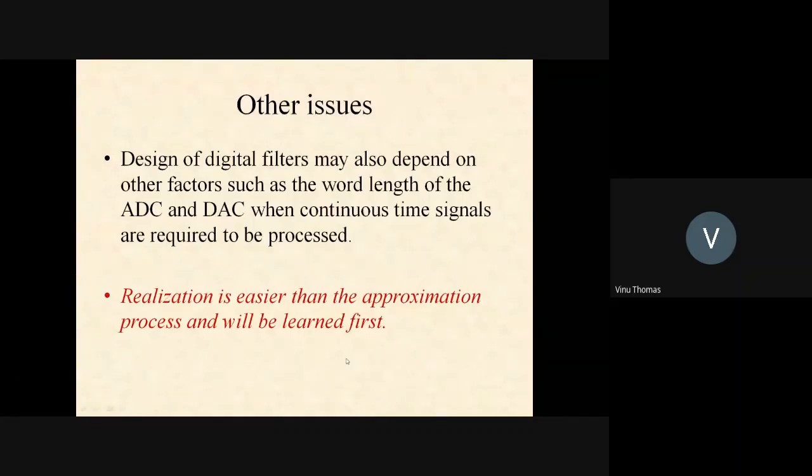So before actually starting the discussion of the third module, we are going to see a bit of the fifth module. We will discuss how the structures are implemented for FIR filters. We will also discuss for IIR filters, because certain structures for IIR filters, because these sections are very highly related. So we will discuss a few basic structures for IIR filters as well. And then we will come back to our approximation and accounting for finite precision errors, and then final implementation. So we will discuss the third module after seeing a bit of the fifth module.